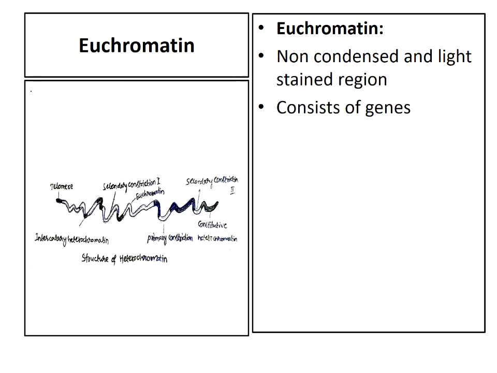In the earlier days, it was believed that euchromatin only consists of genes, but nowadays it has been proved that both heterochromatin and euchromatin consist of genes. So this is the information regarding heterochromatin and euchromatin.